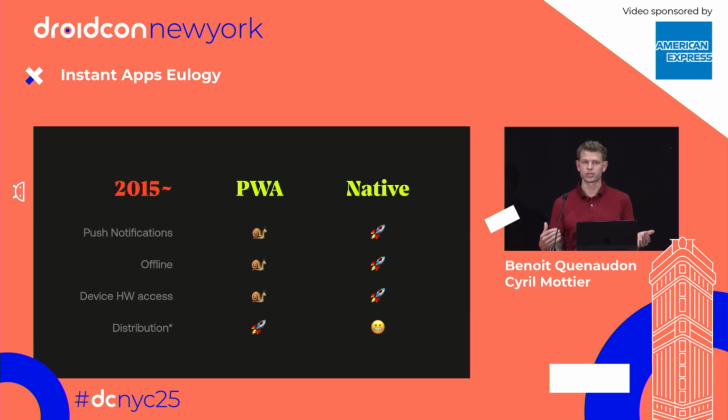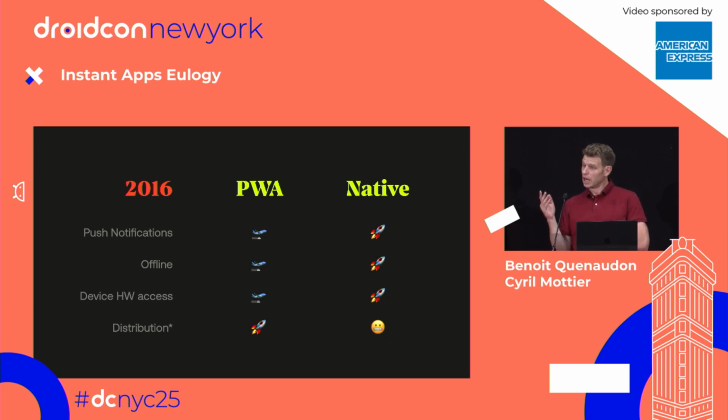The ES6 version got out, and instead of having one new version every few years, they were like, okay, now every 6 months we're going to get something new. And this is what PWA got. 1 year later, PWA APIs improved, and as you can see, native didn't have much improvement on the distribution